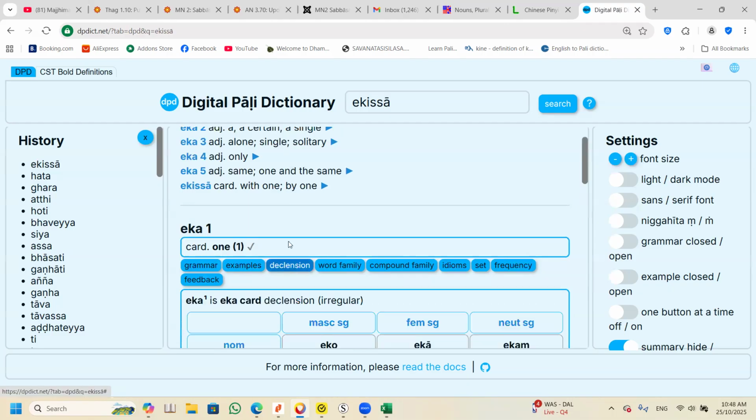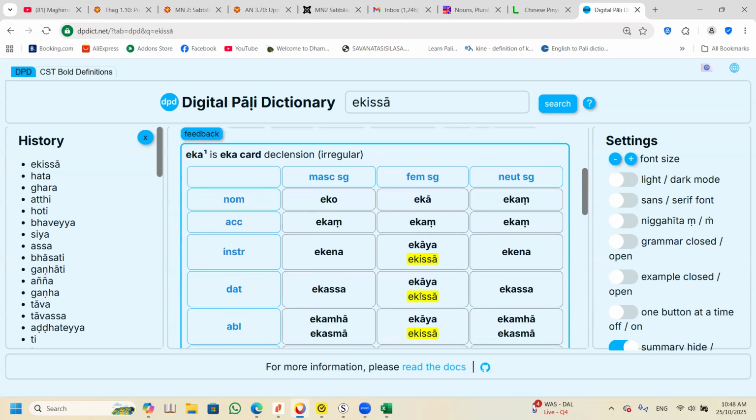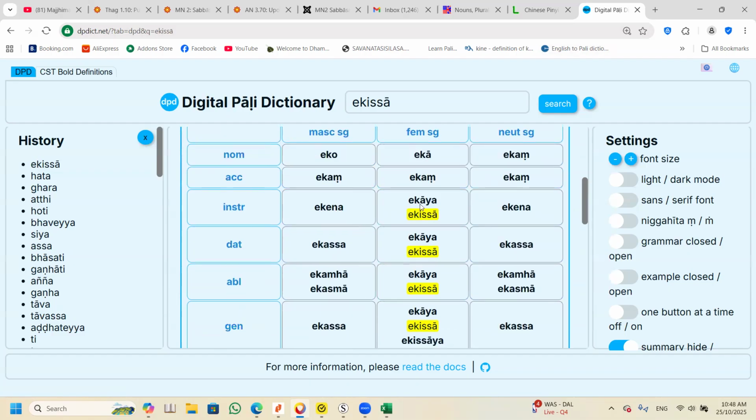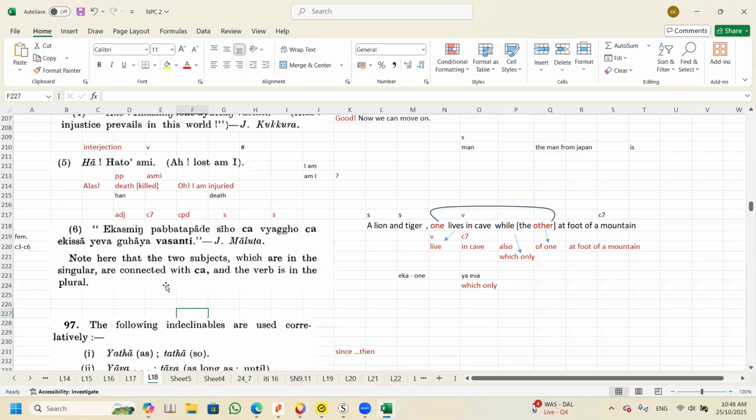I confirm it. Okay. This is a feminine. Feminine instrumental. Correct. Instrumental, dative, ablative, and genitive for feminine are all the same, because it's a long A, a feminine long A. That means in this particular case,